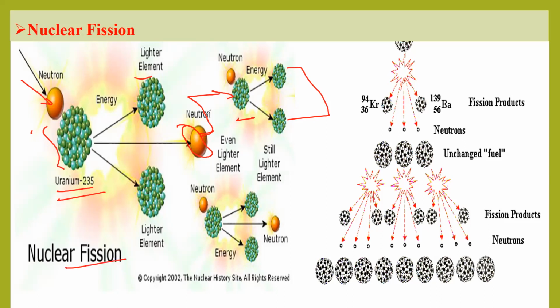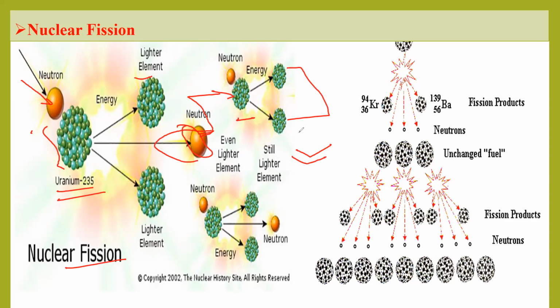So in nuclear fission reactions, we can say that the bombardment of energetic neutrons on the heavy nucleus gives lighter elements, and a huge amount of energy is released, and neutrons may be released. Okay, and these neutrons are again used for bombardment on the heavy nucleus, and this process is continuous. So this is the nuclear fission reaction. So the basic difference between nuclear fission and fusion: